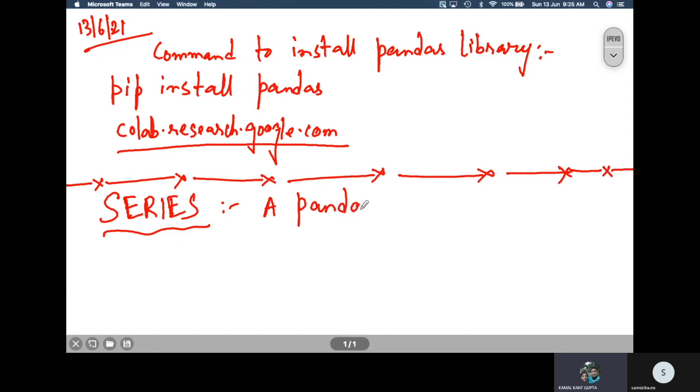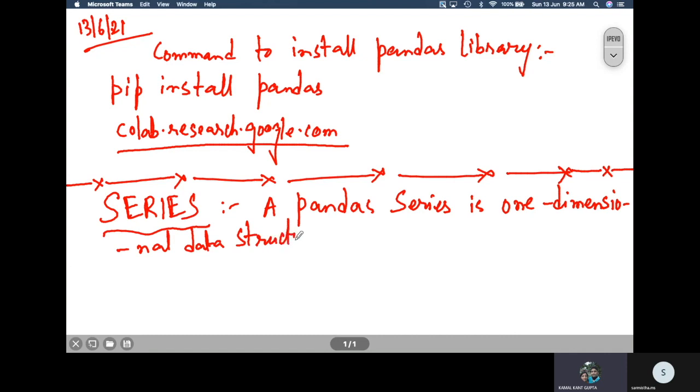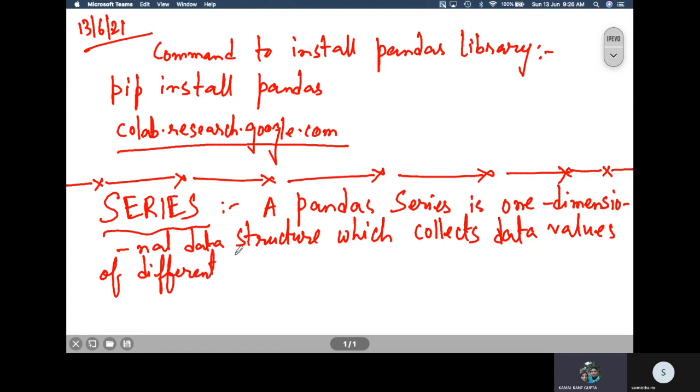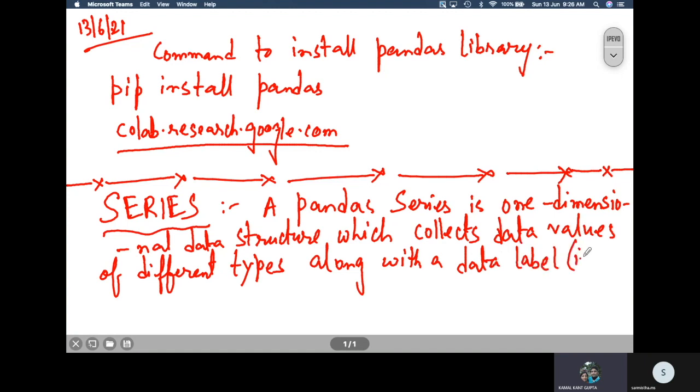A pandas Series is a one-dimensional data structure which collects data values of different types along with a data label, which is also known as index, associated with each such data value.